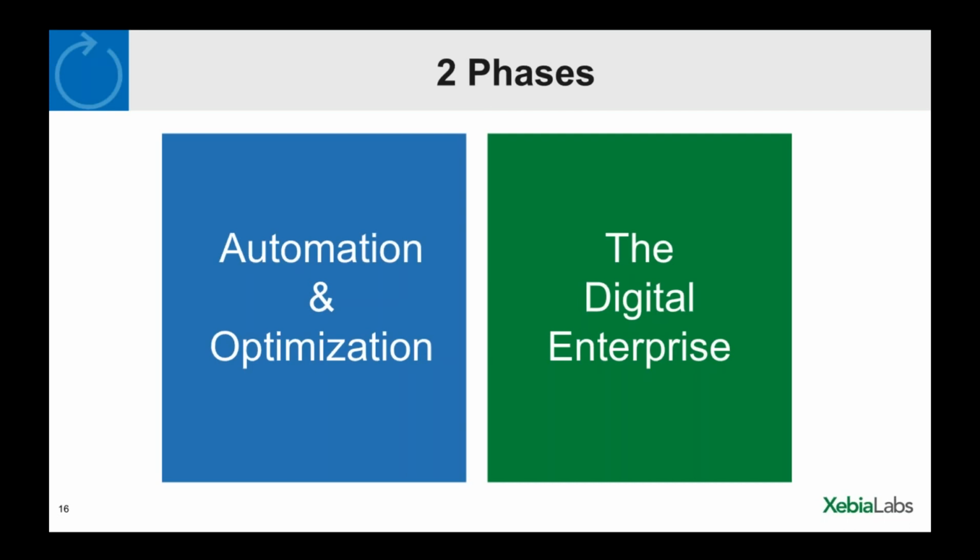The second phase is, for me, the really important part of DevOps and continuous delivery. And that's when you realize that this is all supporting this notion of the digital enterprise, right? So what's the digital enterprise? Well, that's where software is central to your business, even if software isn't your business, right? Which is essentially where I think most organizations in the world today are finding themselves.